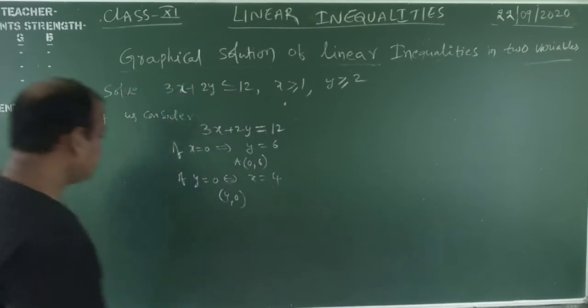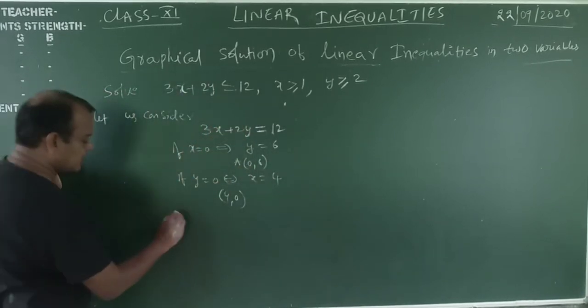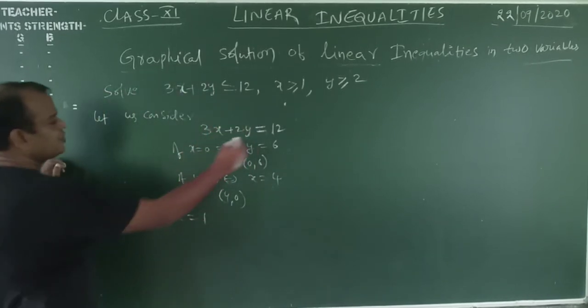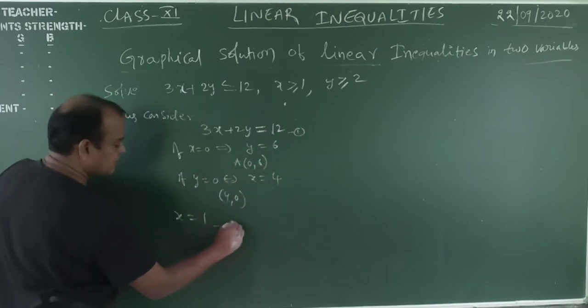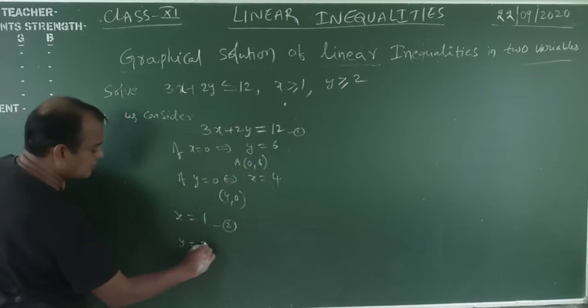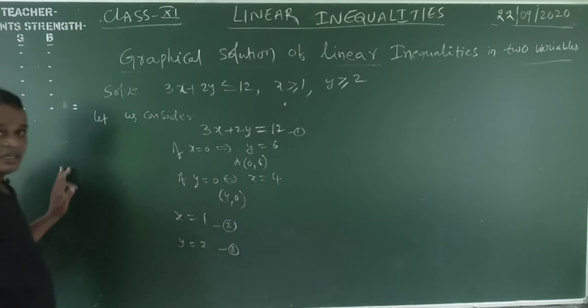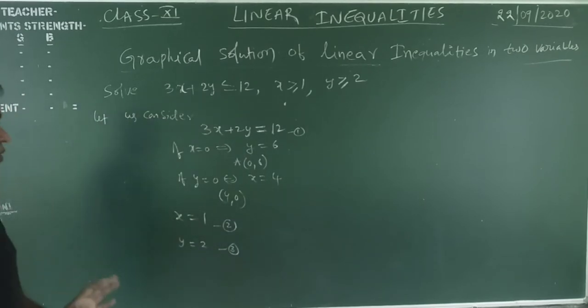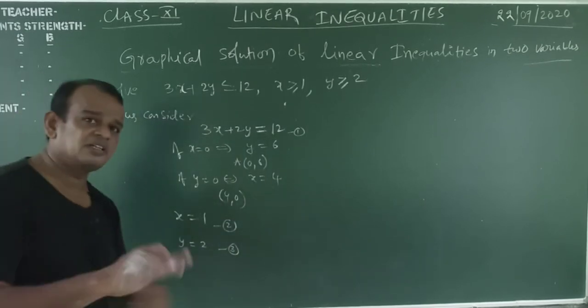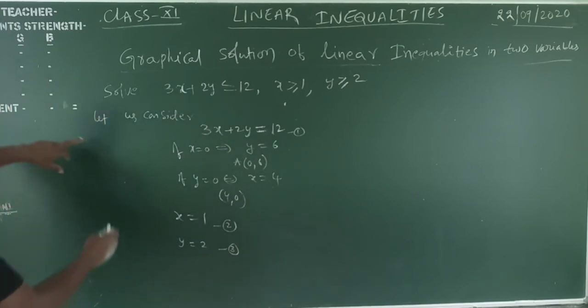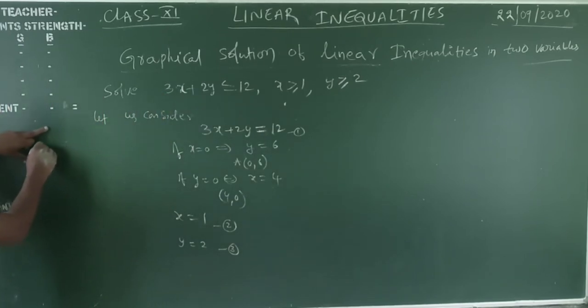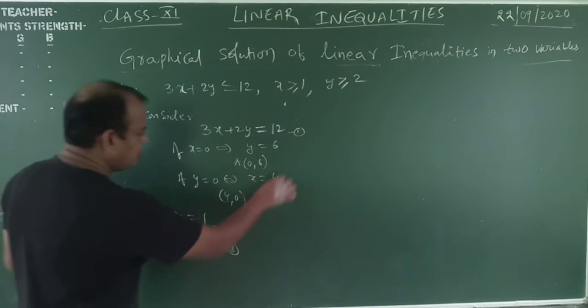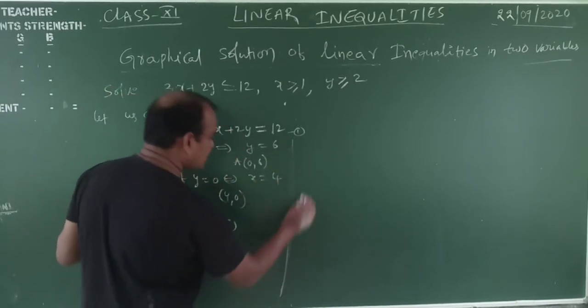Okay, my dear students. Now here let us consider the lines. What are the lines? x is equal to 1, this is equation number 1. This is equation number 2. Next y is equal to 2, this is equation number 3. Now, before we do the conditions, we check whether it is towards the origin or above the origin. We will take the first inequality. You will take the 3 inequalities, no problem. Just check.